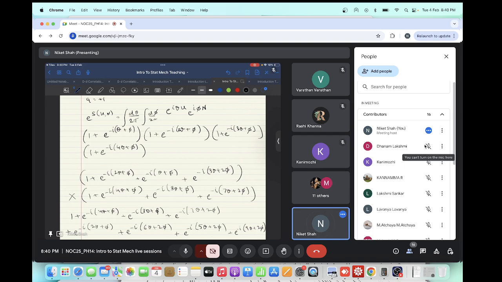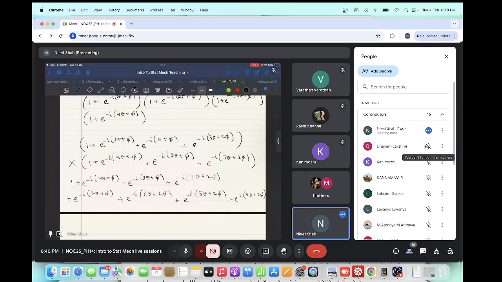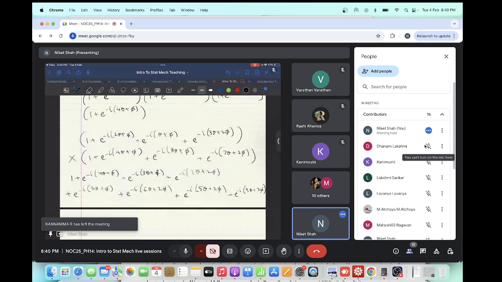Right. So 7 theta plus 2 phi is already there. This becomes 9 theta plus 3 phi. My bad. I have to be careful here. 7 theta plus 2 phi. Yes. Here the last term is 9 theta plus 3 phi